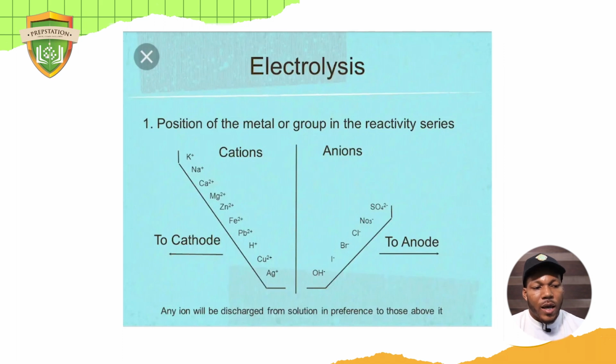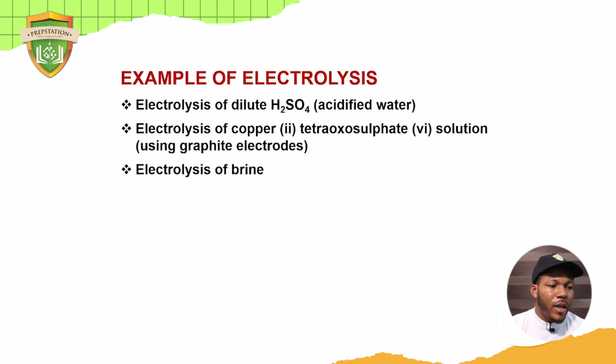Likewise, in the ionic cell, we have the OH minus as a lower ion here. Moving up, you have the SO4 2 minus. Now, if these two ions are present in an electrolytic cell, it is the one that is lower that will be discharged at the end of the process. Now, the next factor is